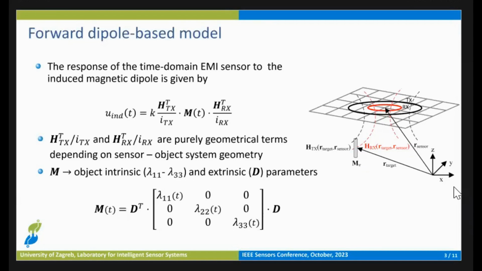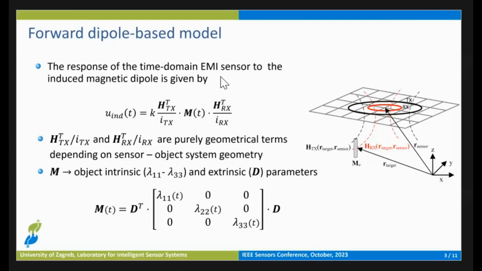Something about the operating principle of the metal detector. It operates on the principle of electromagnetic induction. So a time-varying magnetic field reacts with a metallic object, which then creates a secondary field, which is detected by the receiver coil. If the magnetic field is homogeneous within the object volume, we can replace it by a small magnetic dipole. This means that we can use this formula to calculate the object response